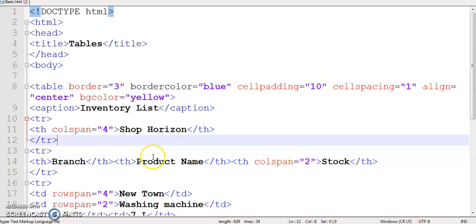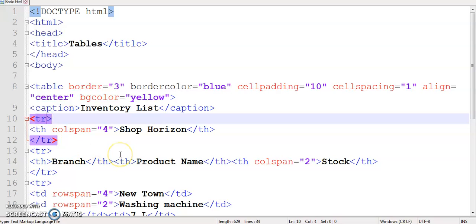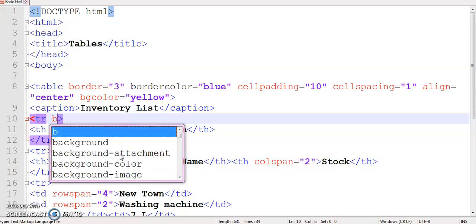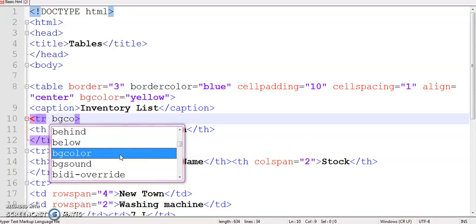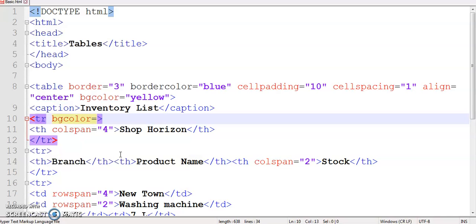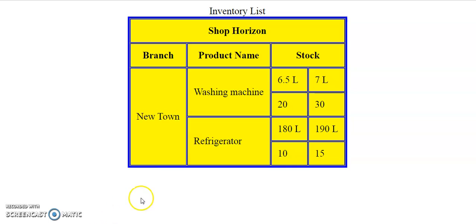As I want to change the color of the whole row, I am using bgcolor inside tr. So bgcolor, and let's say cyan, so it is overriding the bgcolor value of the table.